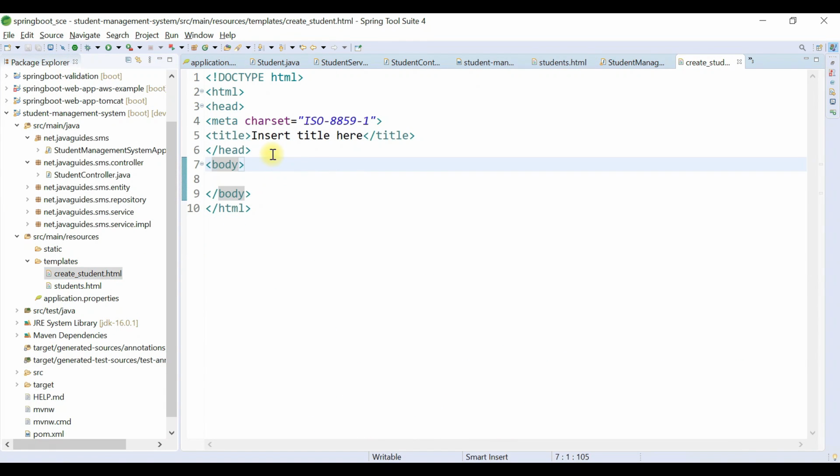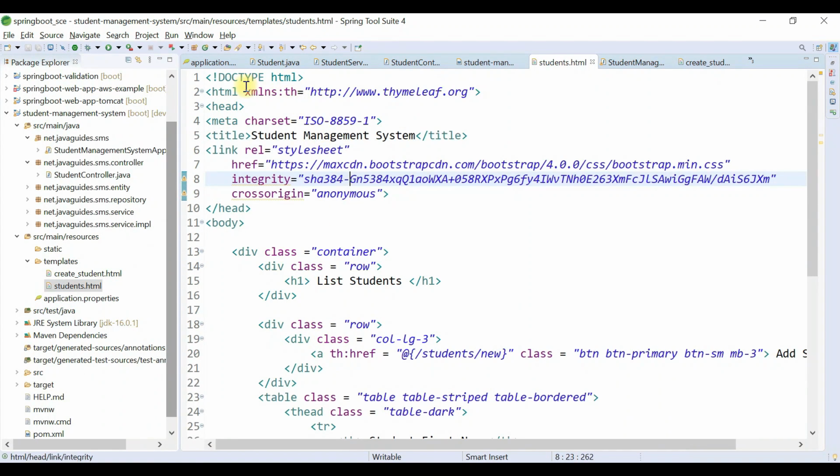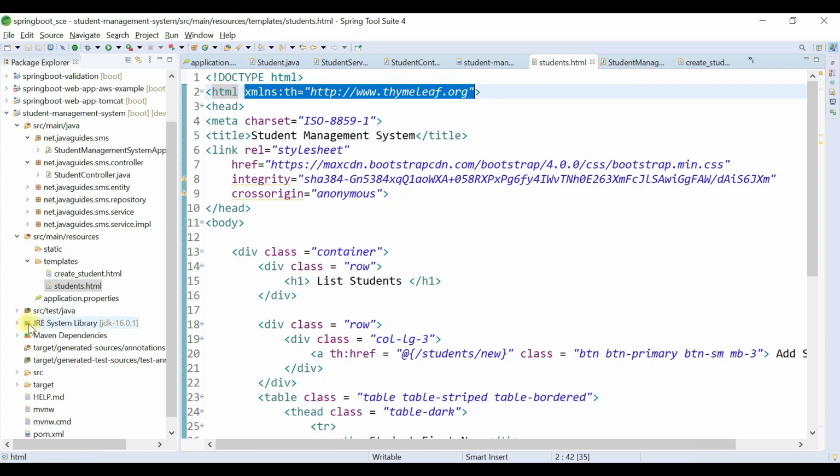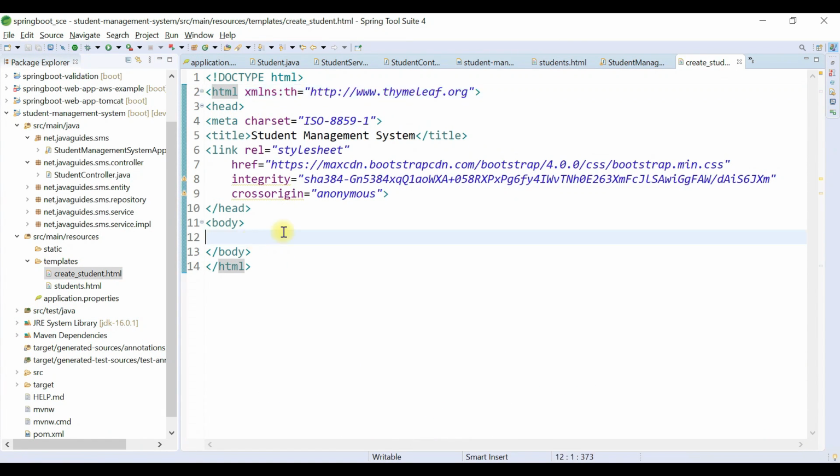Okay, and just replace the title with this copied content, and go to students.html again, and copy this link and paste it here, and go to the body and just add a div here, with the Bootstrap CSS class, that is container.